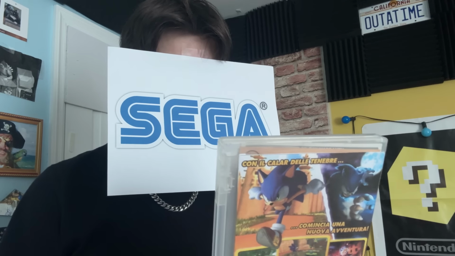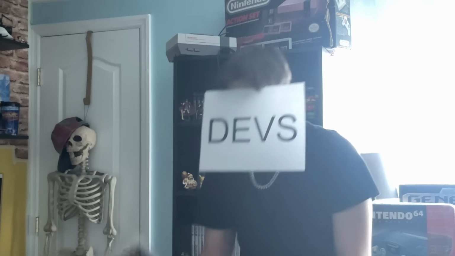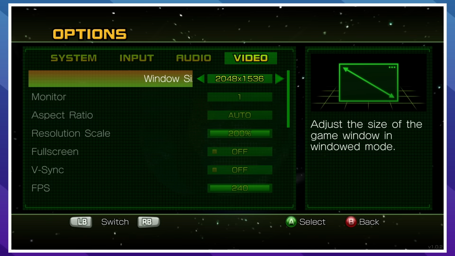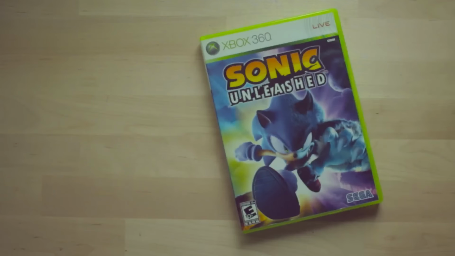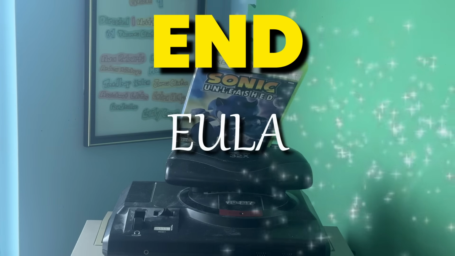If Sega decides that this does infringe their copyright, then the developer can argue that this project and the recompiling of their game as a whole is transformative. It could honestly be transformative. However, I'm not entirely sure how you could prove that since you are basically running the original game on a whole other console, and whether or not that is allowed is up to the game's EULA, or End User License